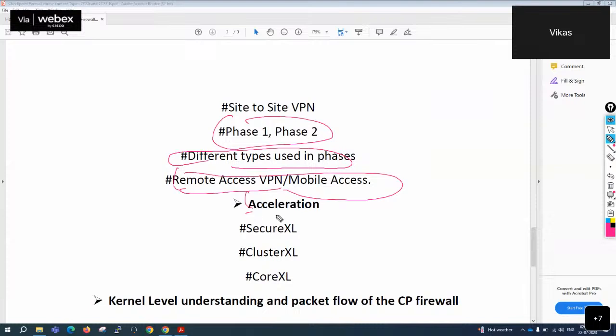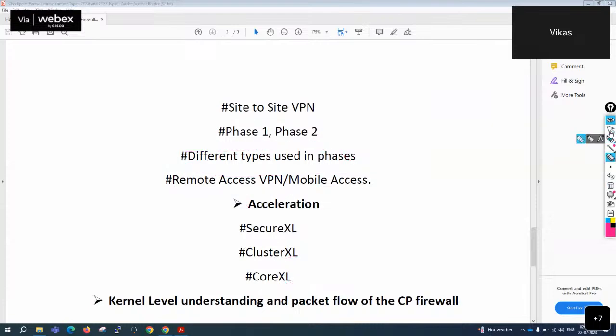Then we have some acceleration techniques, where we will discuss SecureXL, ClusterXL, and CoreXL, and we'll try to understand what all these technologies are and how they help an administrator make their firewall perform well. All right, now